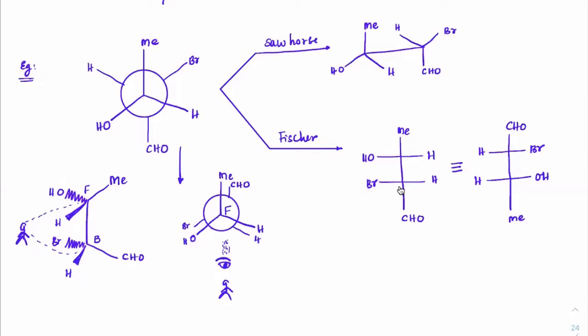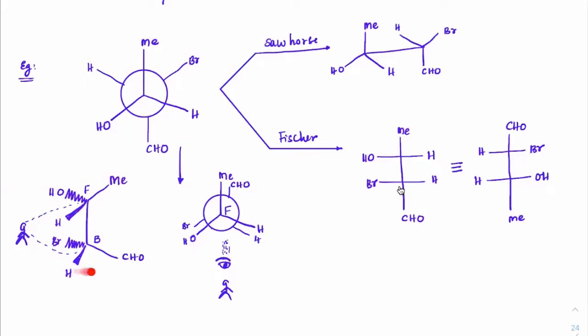Now, where does this OH, which is inside the board, appear to you? When you are watching here, it will come on to your left side, right? Left hand. Got it? This H, which is coming out of the plane, should come on to the right hand side. Same is the case with this bromine and hydrogen. So left hand side, write OH and Br, right hand side, write H and H. So from this image, I hope you are able to understand how to get the Fischer projection. Got it? So is that image clear?